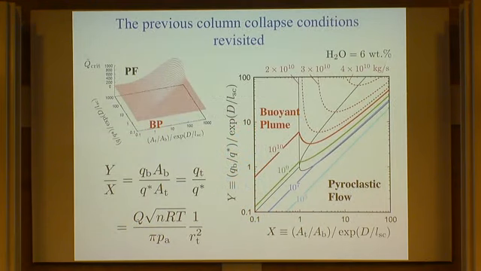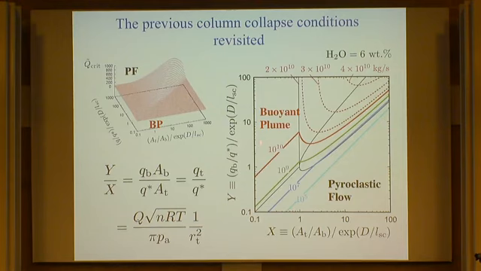And then, now we get this scaling law, and actually this kind of scaling will allow us to revisit the previous collapse condition. Like, if we take the ratio of y and x, that will give a known parameter and a product of known parameters, and this RT is the crater size, the radius of the crater at the top. And then this ratio gives a line here, and this tells that this is a constant crater size, and above which,